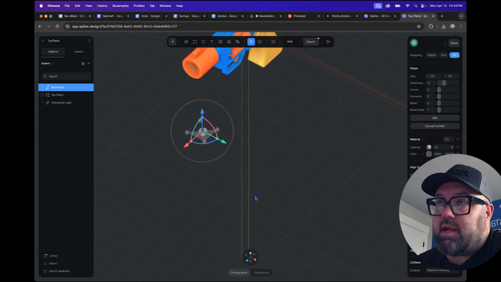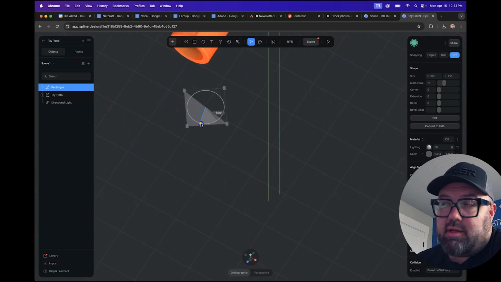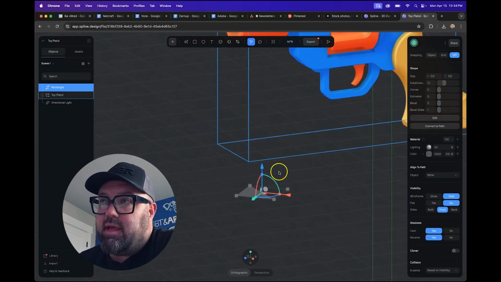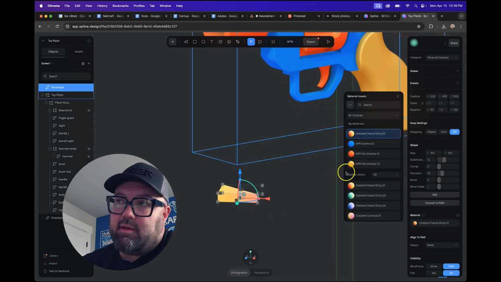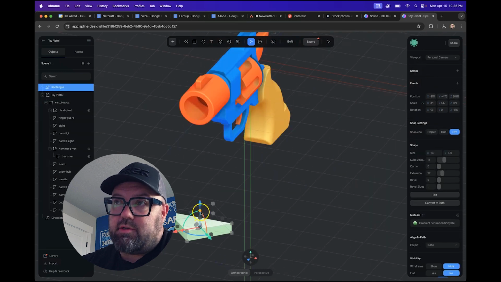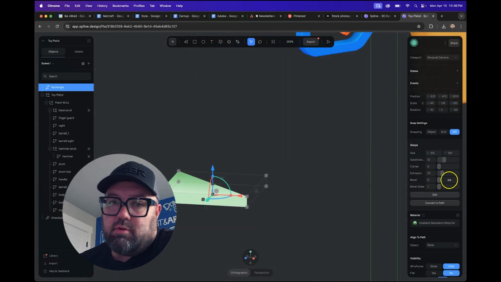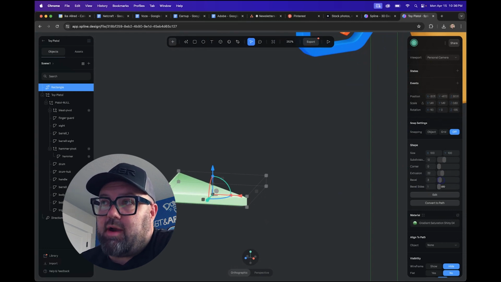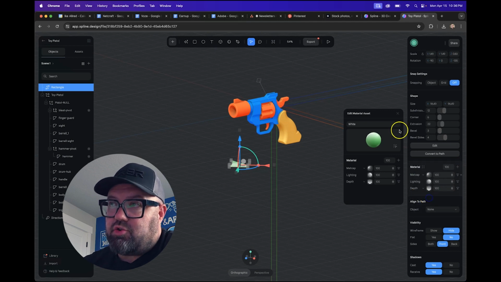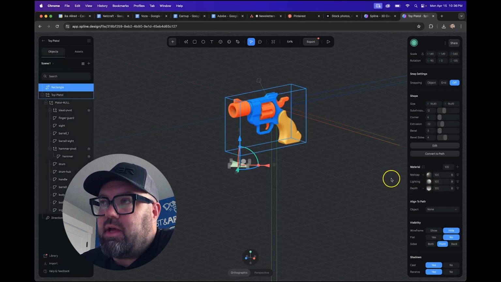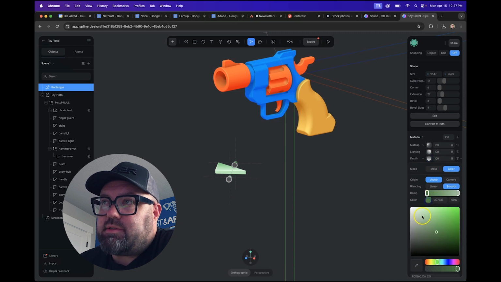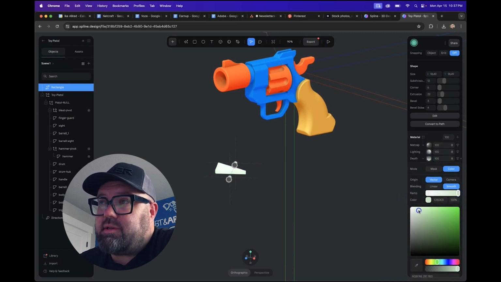So this is the same process that I used to program the functionality of the trigger and the hammer pulling back. In the end, it's basically all about creating different states for your object and then using triggers, not a gun trigger, but something that you do with your mouse or keyboard, some way of interacting, that in turn drives or triggers a certain state to happen. So right now I continue to build these little triangles, basically directional arrows. So this one is for the front view, and this first one's going to take a minute, dialing in the material, the colors,